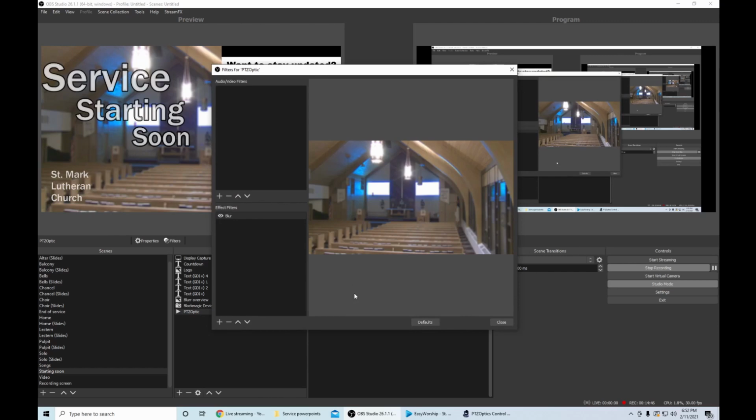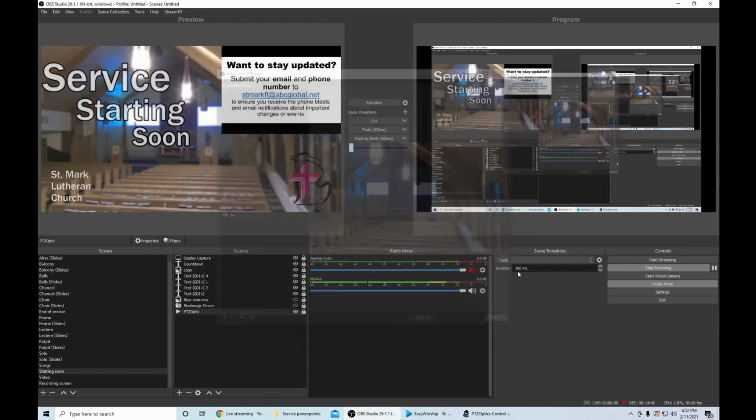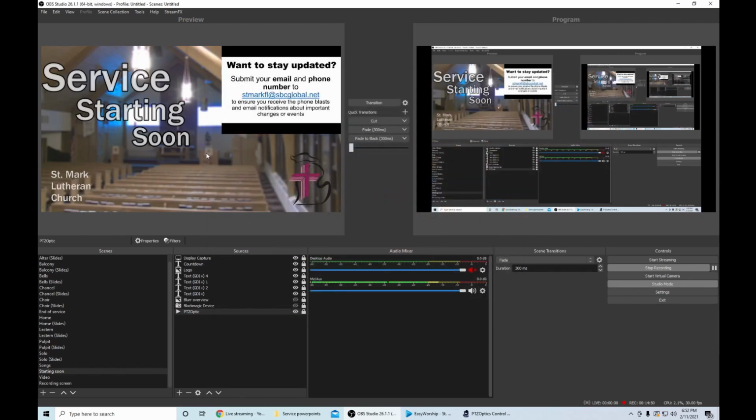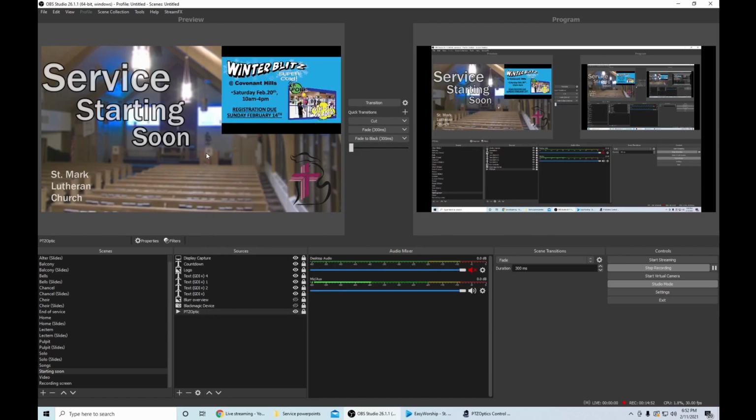You want to click that eye, and then you can close it. So now what that does is this blurs the camera. So our camera's blurred before we start. I just think it looks nicer and more professional. So once you have the camera blurred,